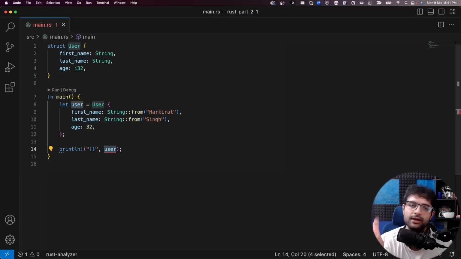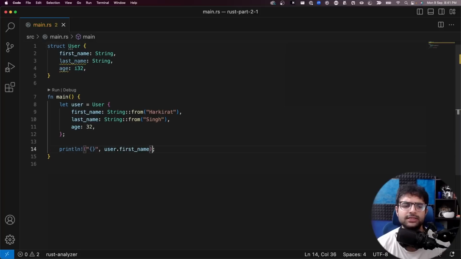What does implementing a debug trait mean? We'll get to that, it's the new thing we're going to learn. But long story short, you cannot simply print it. The println macro does not know how to print this user structure. It has no idea how it should print it. It has no default printing implementation, which is why you can still print the first name or the last name, because the println macro knows how to print a string. It does not know how to print a random struct, which is why this is going to give you an